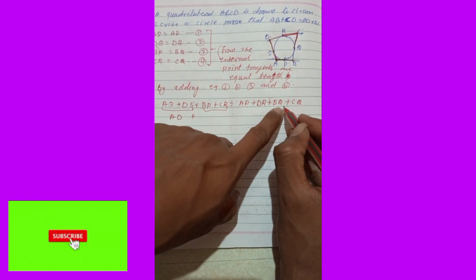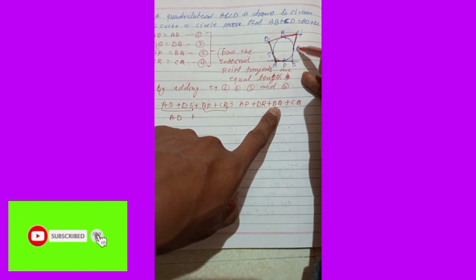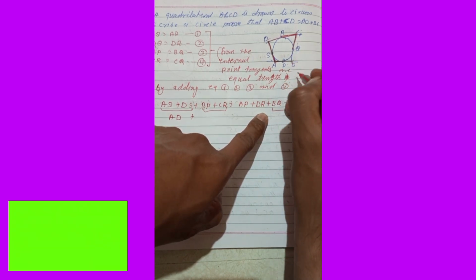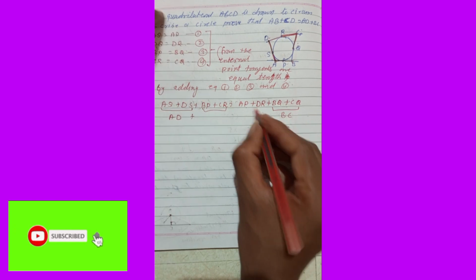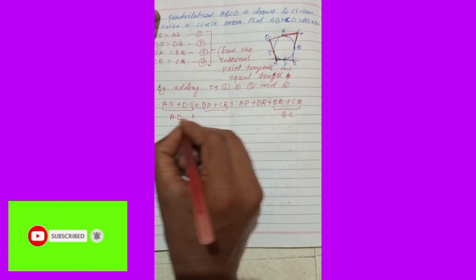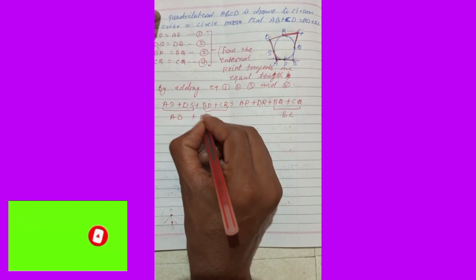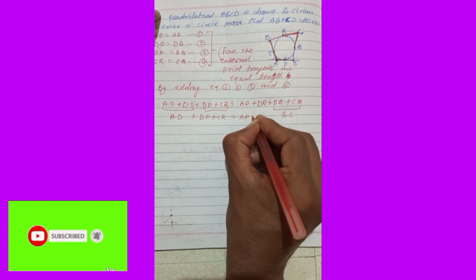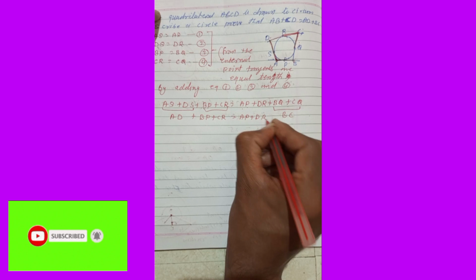Okay, let this side go once, so you can come to know after that. So here we have written BP and CQ and BQ. CQ and BQ is equal to what? BC is equal to what? BC. And this side, we can write AD plus this one, same. BP plus CR is equal to AP plus DR plus BC.